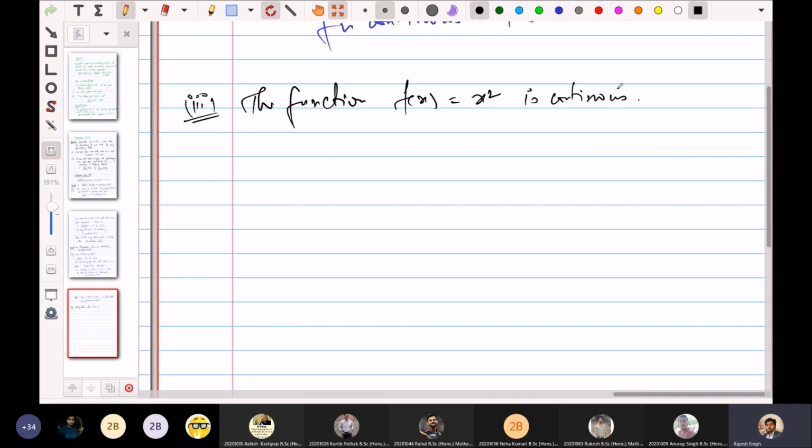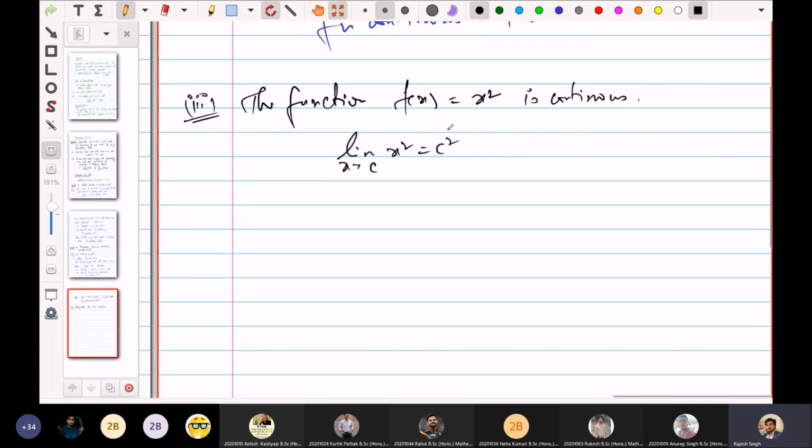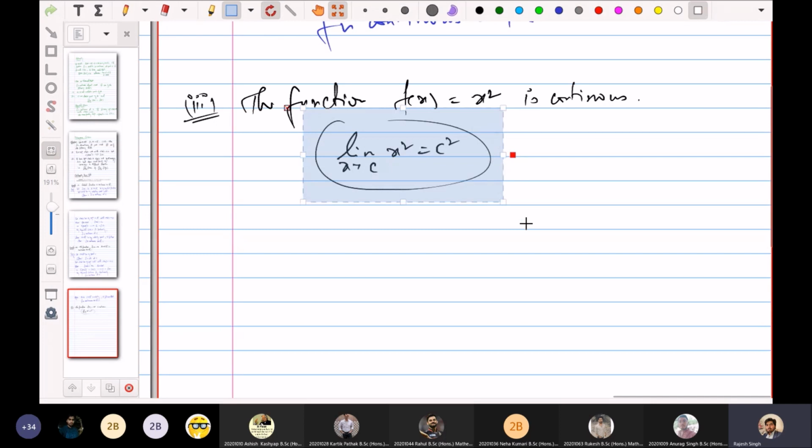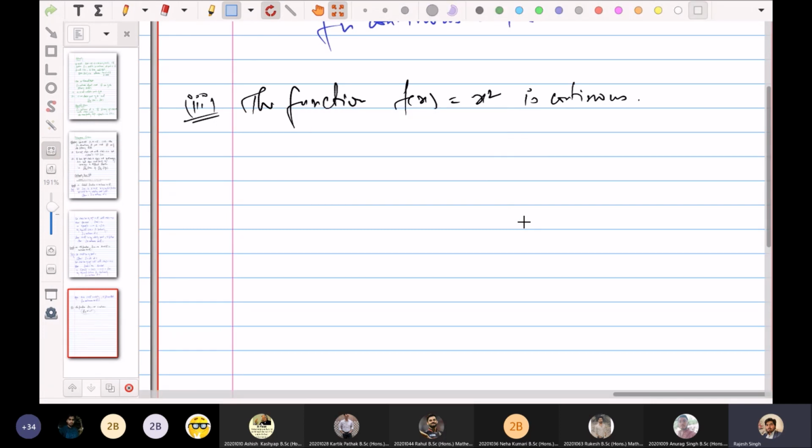If epsilon delta definition is asked, then you will have to do it using the method we did in limits, you will have to find delta. So basically you have to show that limit x tends to c, x square is equal to c square. This we have already done, with the epsilon delta definition. So if it is asked in the exam to prove using the epsilon delta definition, then you will have to apply that. So it's continuous